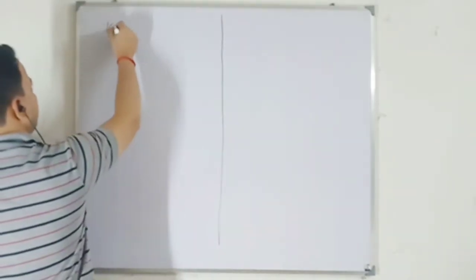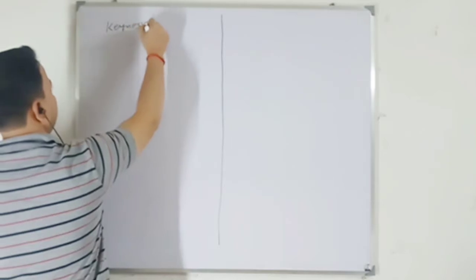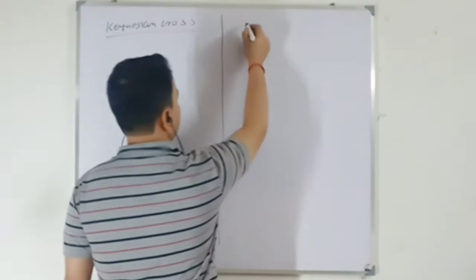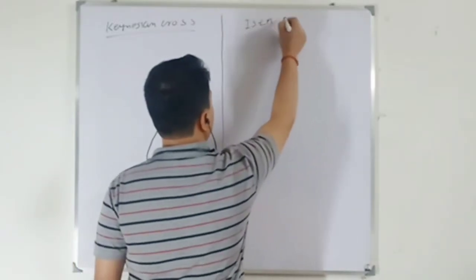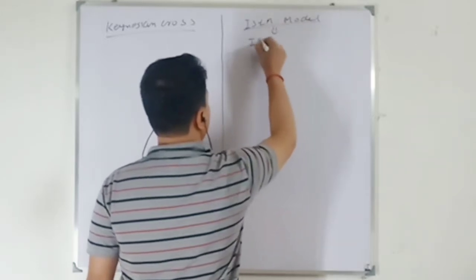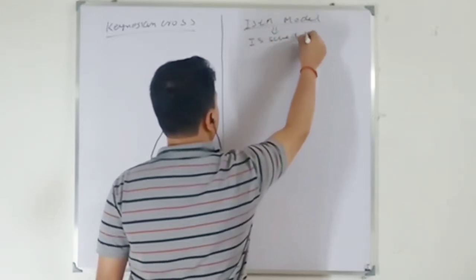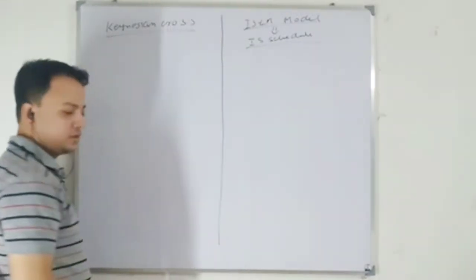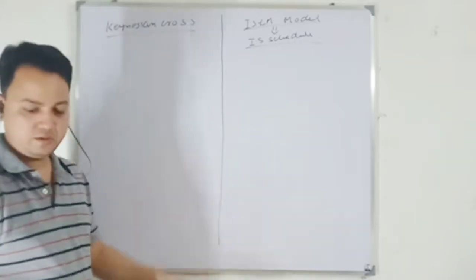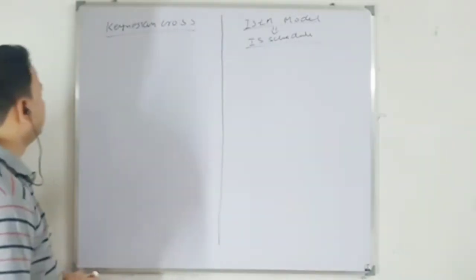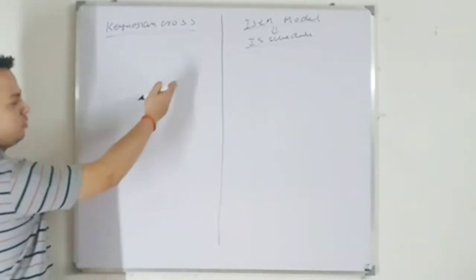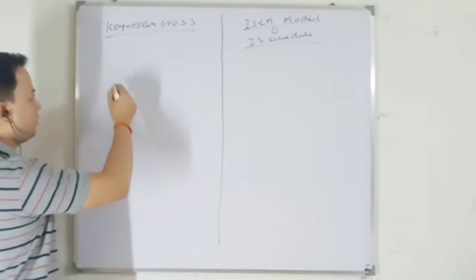So first, I am talking about the Keynesian cross model, and side by side, I am going to talk about your IS-LM model. In the IS-LM model, I am going to talk about the IS schedule. IS curve or IS schedule; it means a curve, not a statement. The Keynesian cross model takes three sectors, because when you take government, it will be an autonomous part. It will not make much difference.